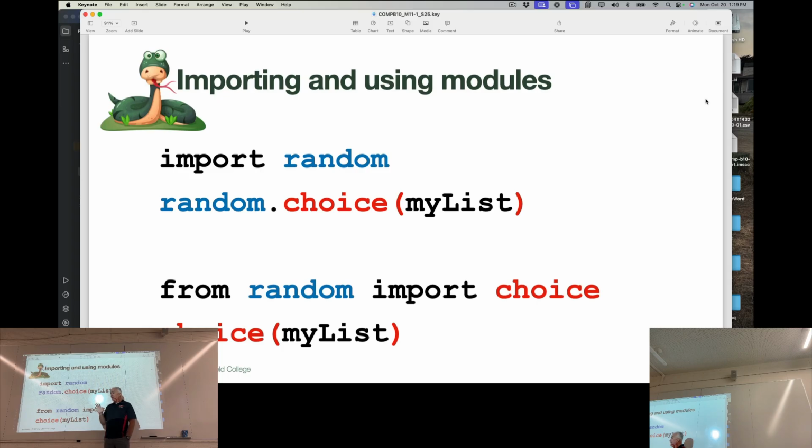code. That can be a nice shortcut, but it can also cause problems because if you do this and somewhere in your code you've defined another function called choice, they will override each other. So that's a problem. Another way you can do it,